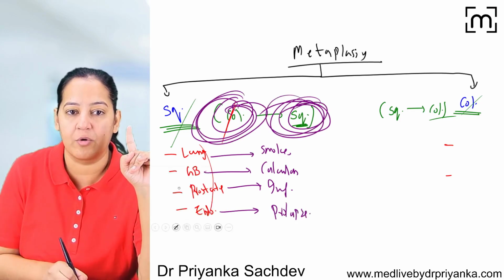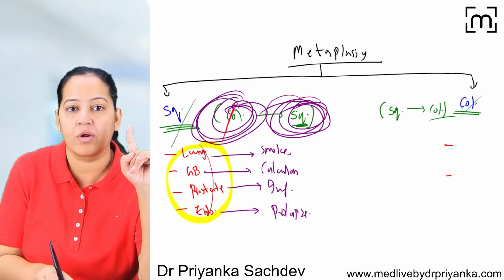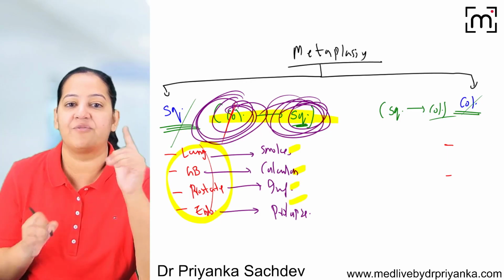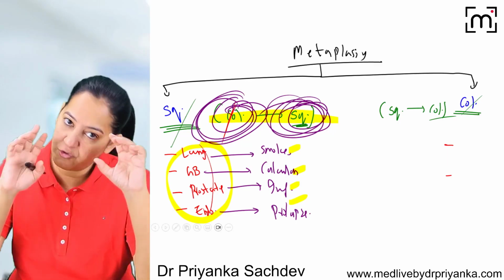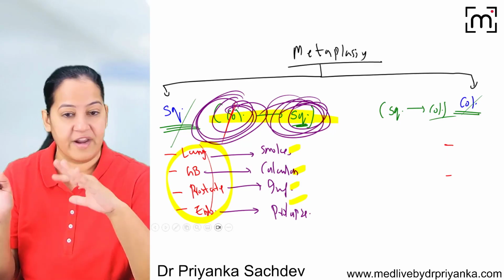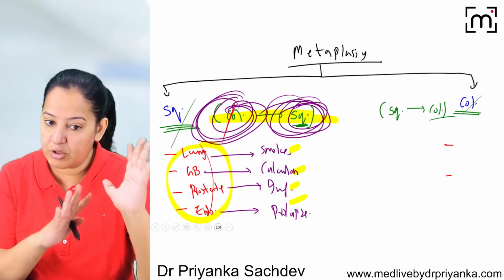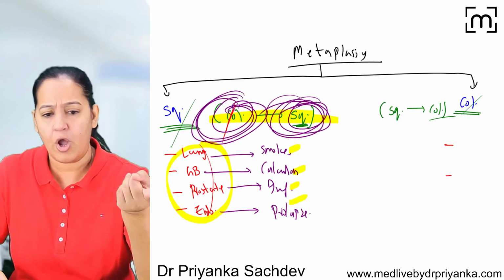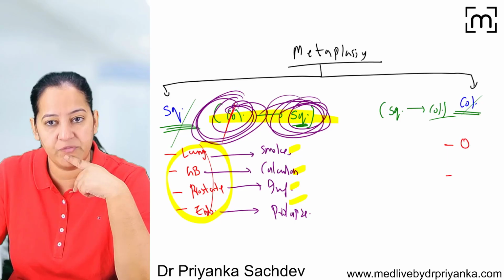So one thing is common in all these 4 organs: columnar gets converted to squamous. The stressor is different every time. This is the best way you can learn, and you have to write this only in your exam and draw the diagram. Don't write the detail. Just write down the words. That's it. Now coming to columnar metaplasia, the 2 organs are the esophagus